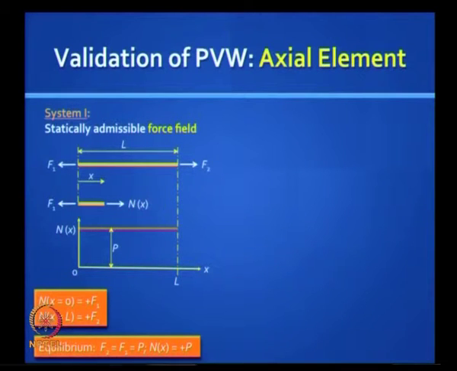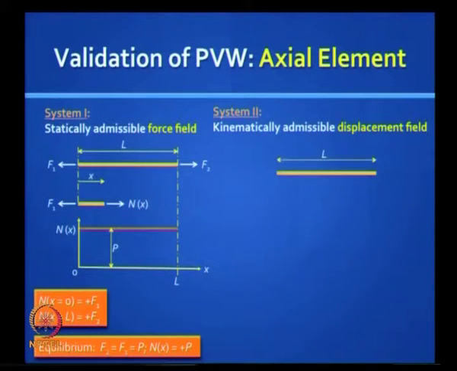Now let us look at another, completely independent field on the same bar, and we are looking at the displacement field here. So let us say that the left end of that bar moves to the left by an amount d1, which is conjugate with F1 but not related to F1 by cause effect. Similarly, the right end of that bar moves to the right by d2, which is conjugate with F2, and let us say any point in that bar located at x moves by a distance u of x.